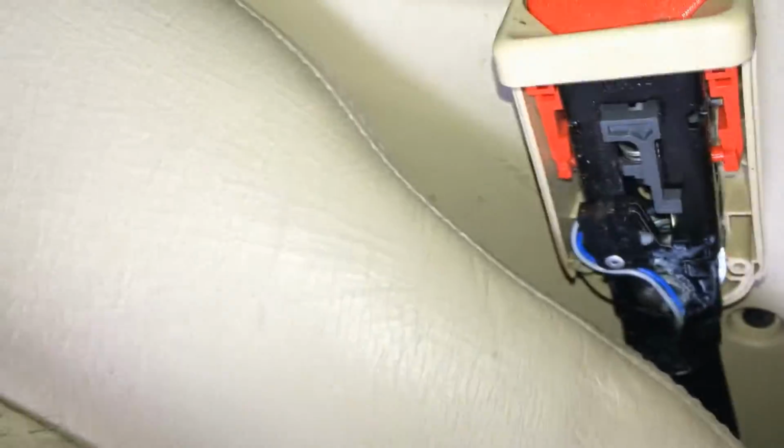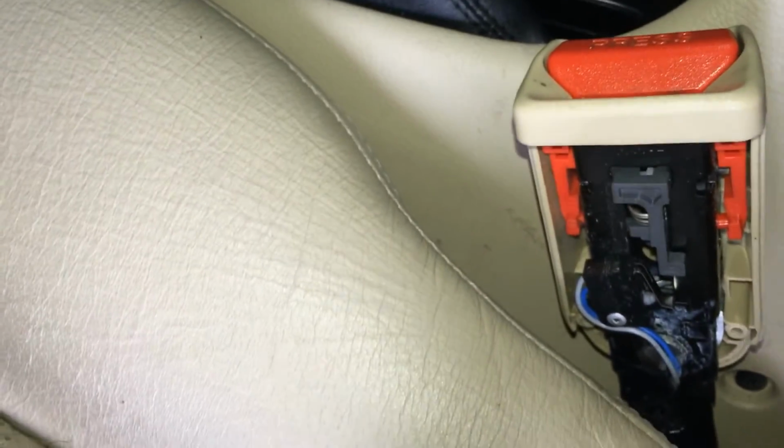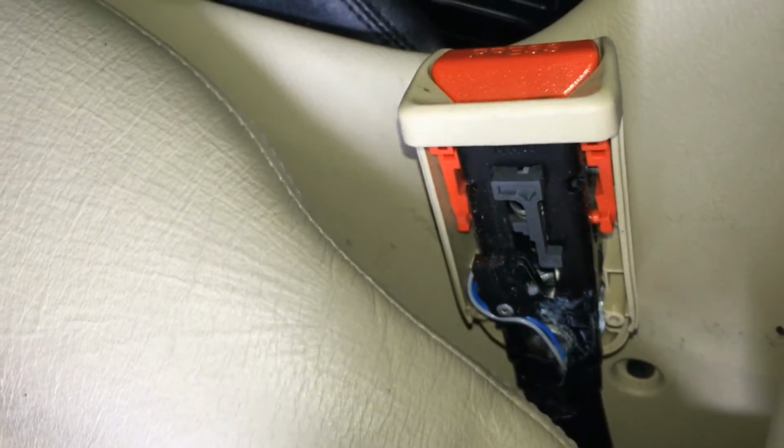Then you're going to remove the cover. Make sure the screws don't fall out. You don't want to lose those. So then you'll see